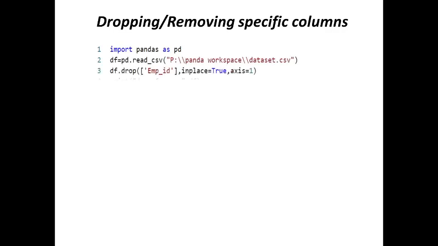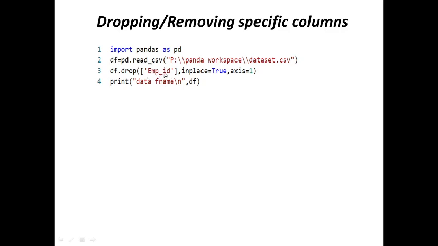So now let's remove a specific column. To remove a specific column, we need to write the column name to the drop function. So here the drop function is there, we are passing parameters. The first parameter is the column name that we want to delete, then the inplace parameter, and then axis. This axis equals 1, so this 1 stands for column. By default the value of this axis is 0, so that's why we haven't specified this axis parameter in the previous code segment, right, when we deleted specific rows, right?